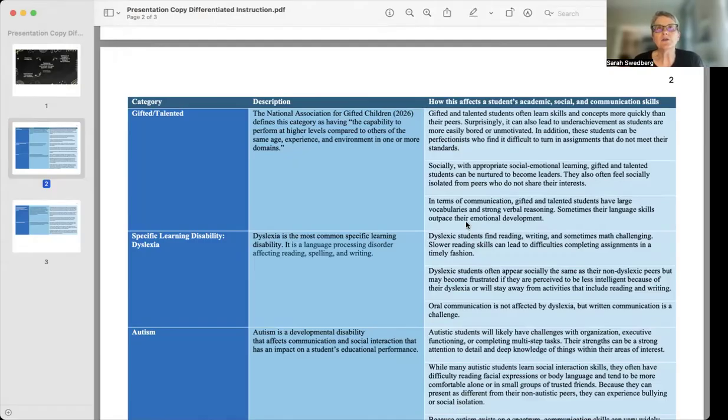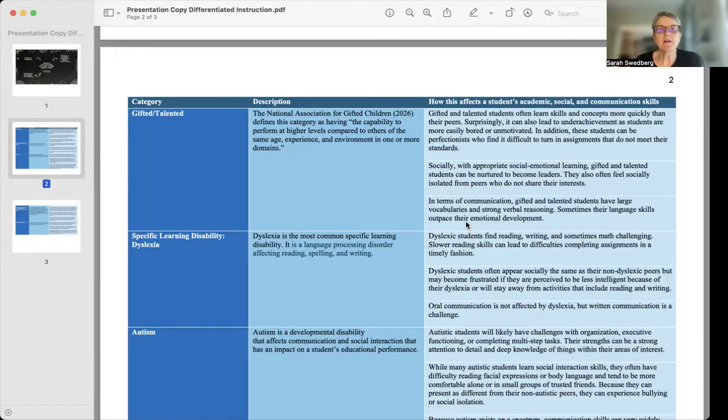How do we work to incorporate them socially into the process of learning? And how do we help them learn to communicate with their peers? Because often they communicate at such a high level that they're frustrated that their peers are not following along. That stigma that comes from being gifted and talented can be very similar to the stigma that students with disabilities face as well.